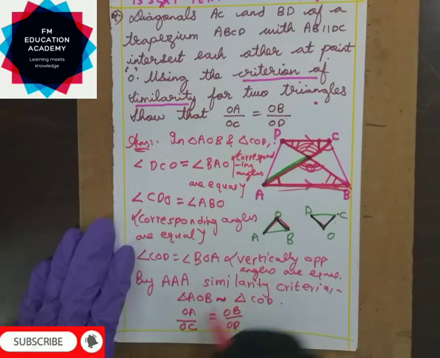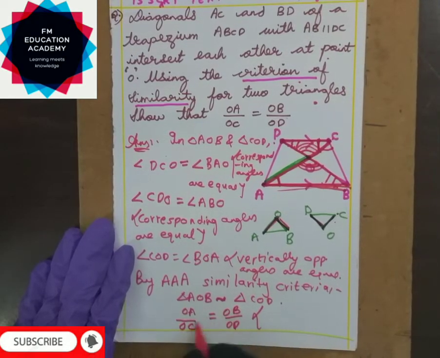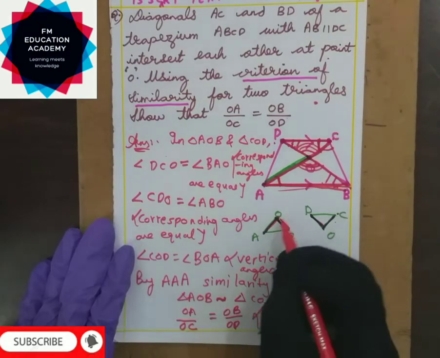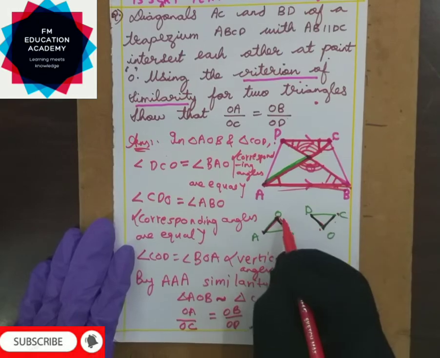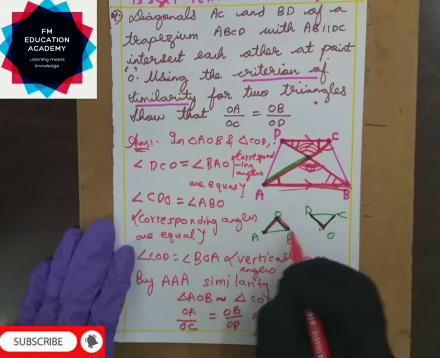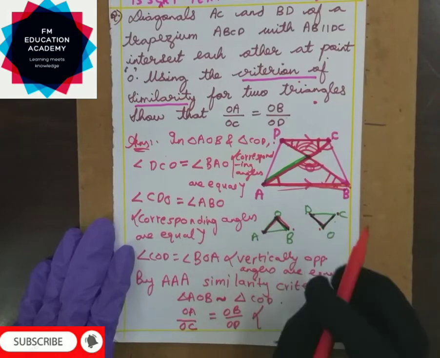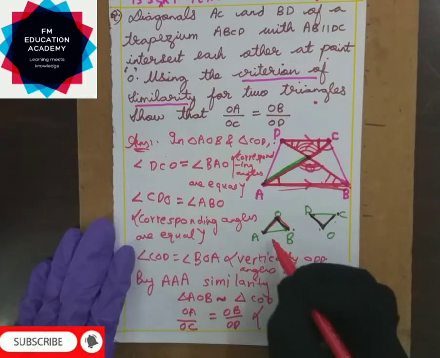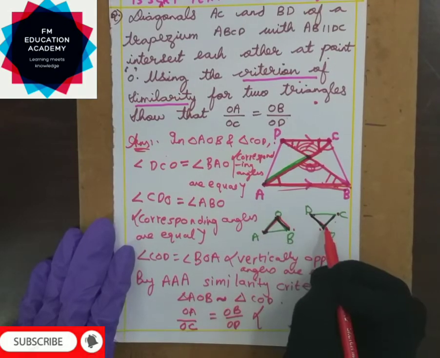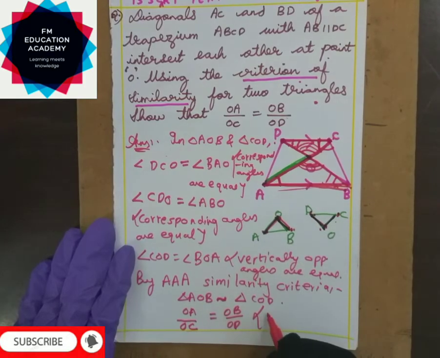How do we know that these both are equal? Because we know that whenever triangles are similar, their sides are divided in the same ratio. Remember, it is true for all. Whenever two triangles are similar, this side by this side is equal to this side by this side is equal to third side by third side also. This is according to the similarity condition. That is, the sides will be divided in the same ratio. This is called ratio. That is why side of first triangle by side of second triangle is equal to side of first triangle by side of second triangle. So what is the reason?